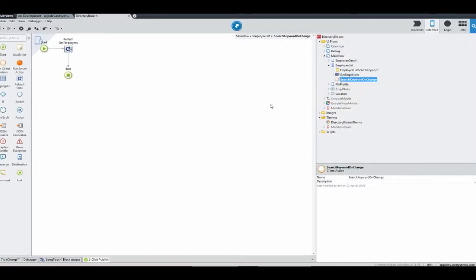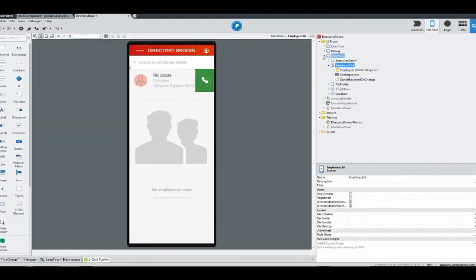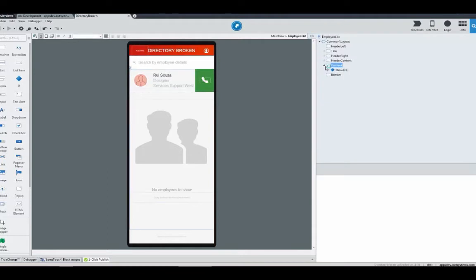This is exactly what we would expect from a search functionality like this, but this is exactly what's